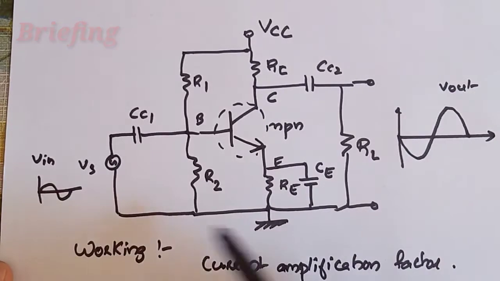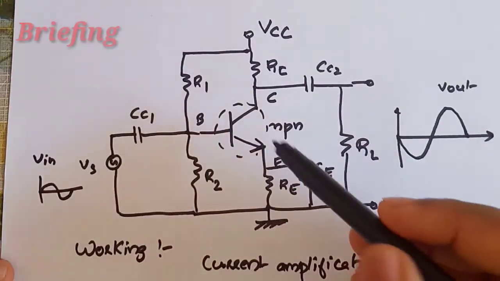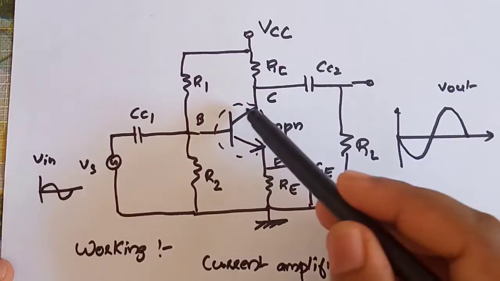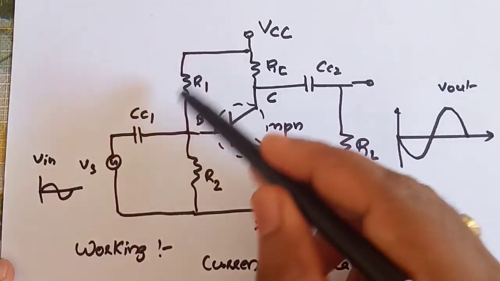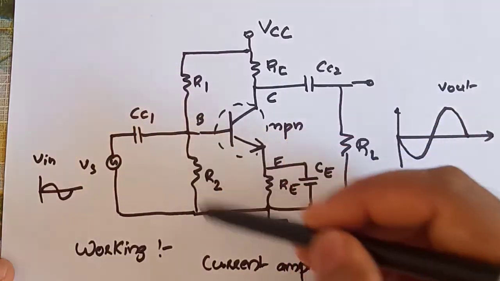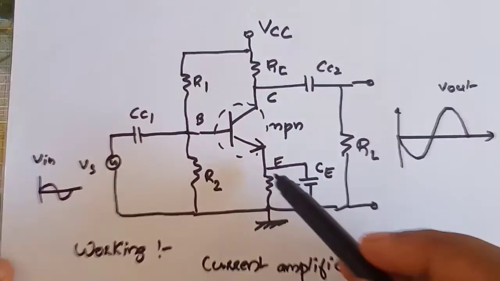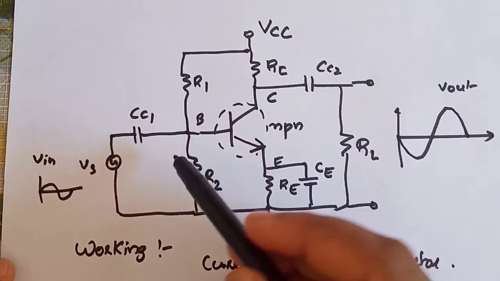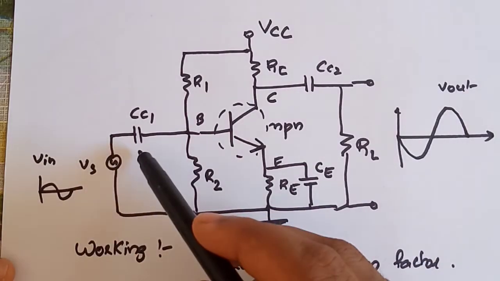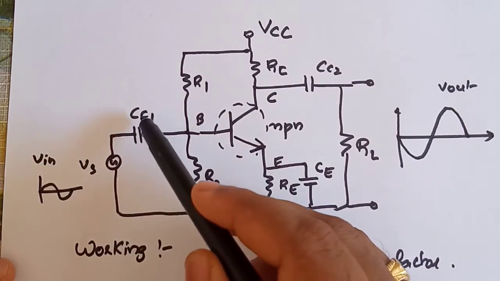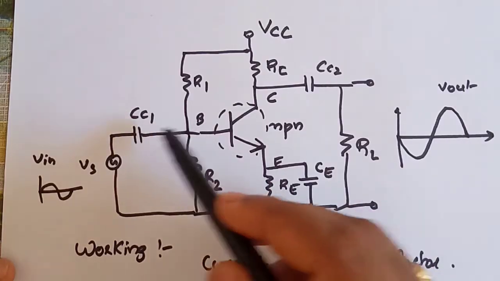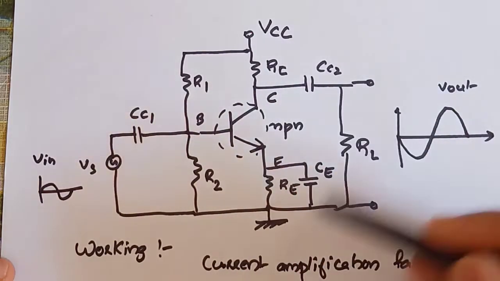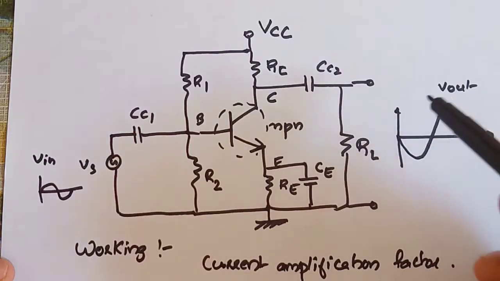First you need to draw the diagram. It consists mainly of, first draw the transistor, then draw the biasing circuit. In the biasing circuit there is a CE capacitor, then feed the input with the help of coupling capacitor C1 to the base, and output is taken across the collector since it is used in the common emitter configuration.